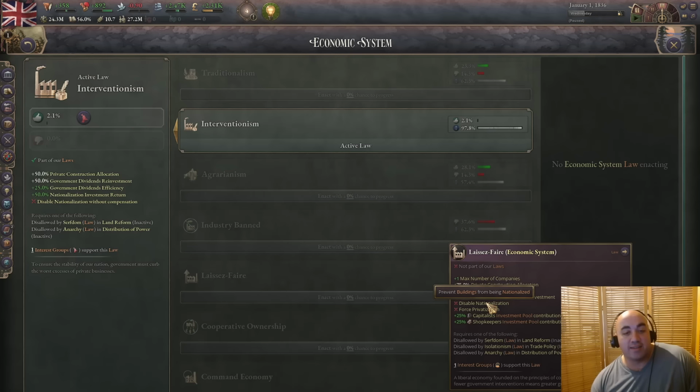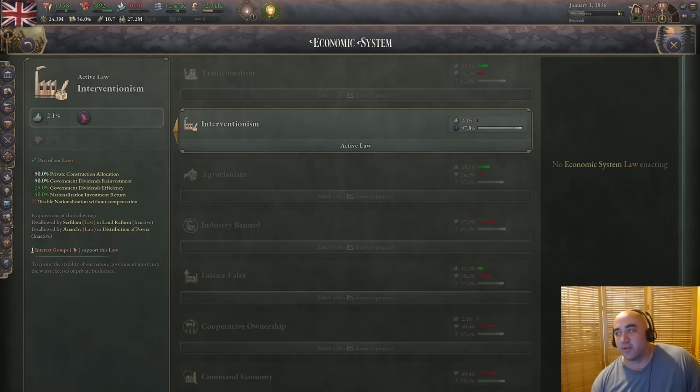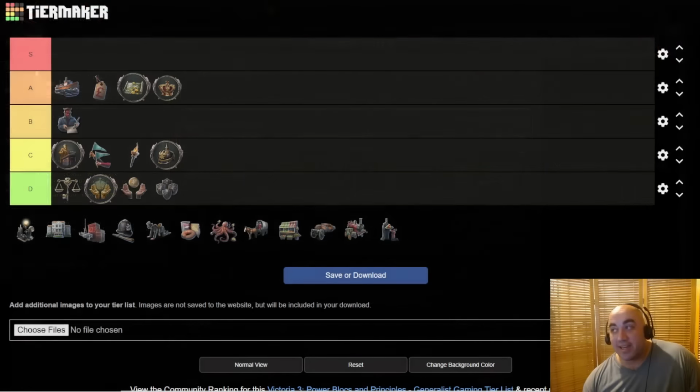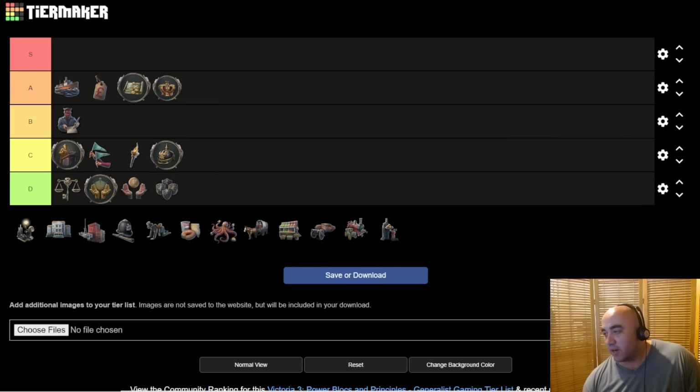You can't prevent the local capitalists in foreign countries from being able to effectively steal some of your construction. And so, yeah. But coming back to what we're more talking about here, the topic here. In terms of the power block, if we scroll down to the principal group, we do